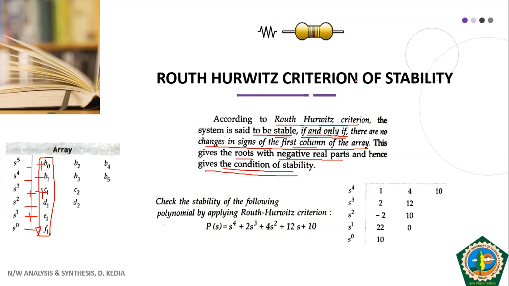Okay. In other words, if I try to make you understand in terms of the pole zero plot that we talked about yesterday, this was our sigma axis, this was your j omega axis. Fine. So when we say negative real part, that means the complex roots must lie in the negative s plane. So this is your negative plane. Your roots must lie in this plane. Only then we call our network a stable network.